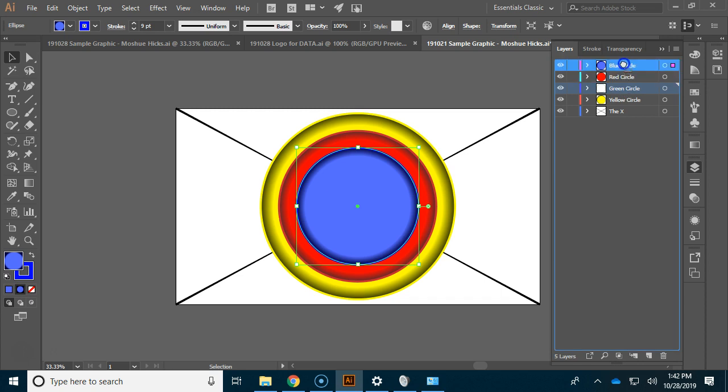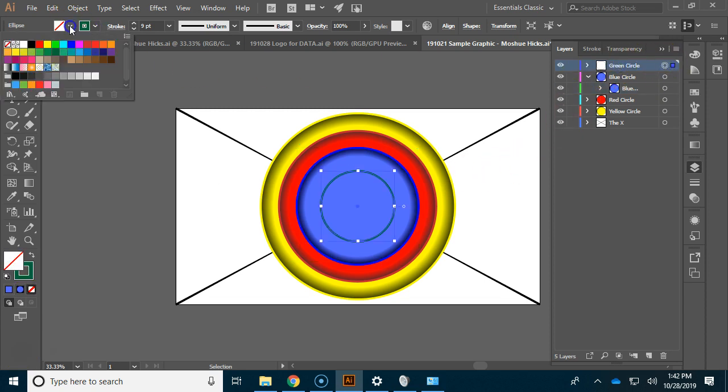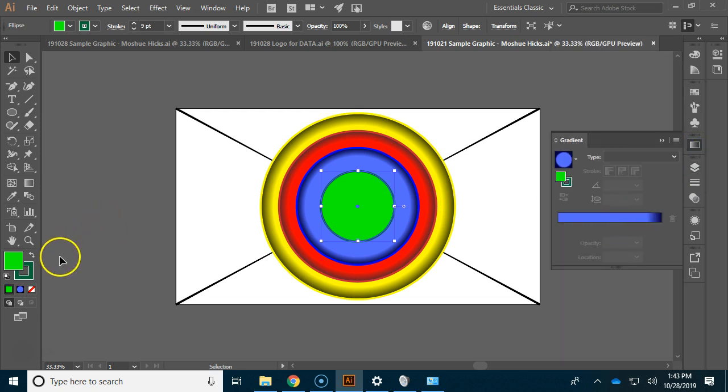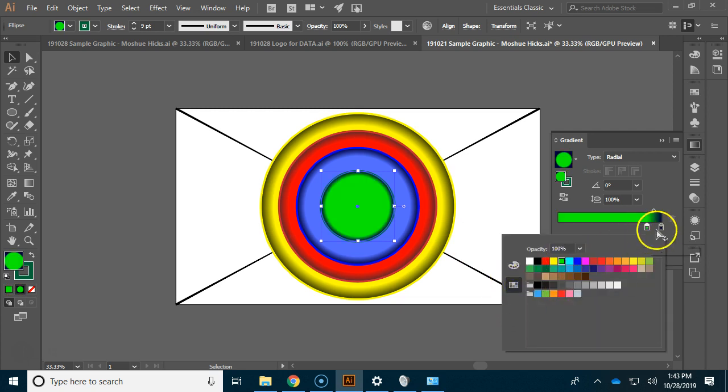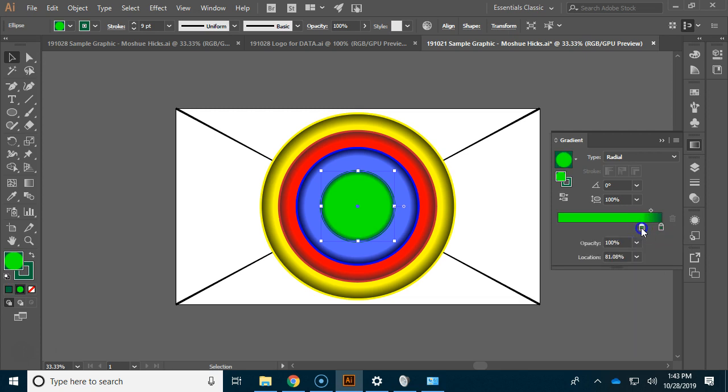Actually, the green circle is going to be my smallest one. That would be the last one to fill in. So let me do that one real quick. I'm going to select my green circle, select a bright green, and then for my gradient, if I want that to be a gradient, let me select that again, gradient, and pick my colors again. So go to my swatches, bright green, and then a dark green,